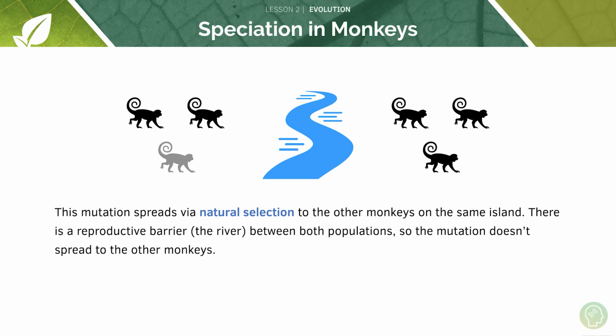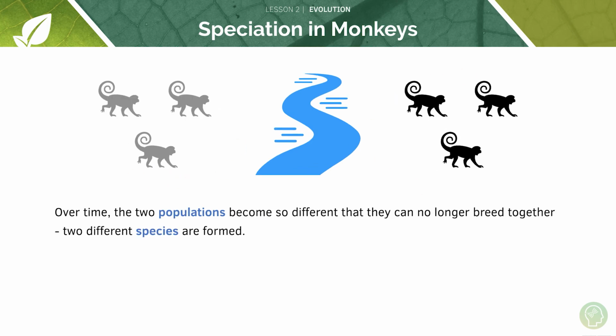So, therefore, there's a reproductive barrier, which is this river, which means that these monkeys cannot easily access these monkeys, and therefore there is less breeding between the two. So this mutation does not spread to this side of the island. But over time, the two populations will become so different because this advantageous mutation in this monkey will spread within this population via the process of natural selection under the terms of survival